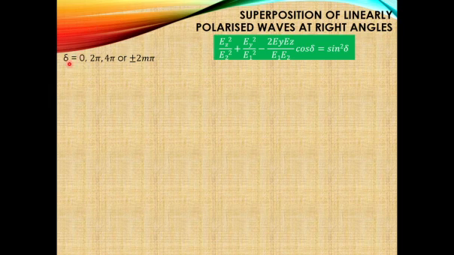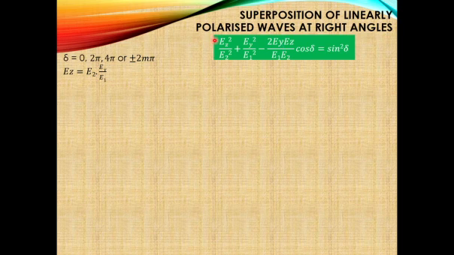So let us see first, if the phase difference is 0, 2 pi, 4 pi, etc., or in general you can represent it as an even number of pi. So you can represent it as 2m pi, where even number is 2m, then pi. So in that case, what will be the value of cos delta? Cos 0 is 1 and sin 0 is 0. So substituting that, we'll get